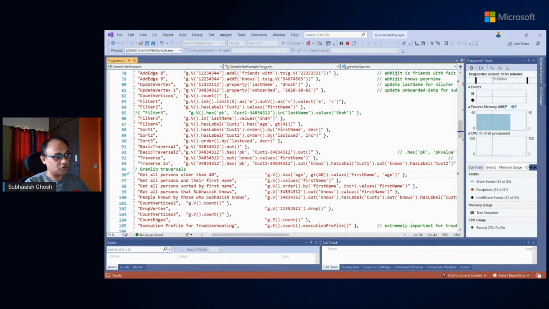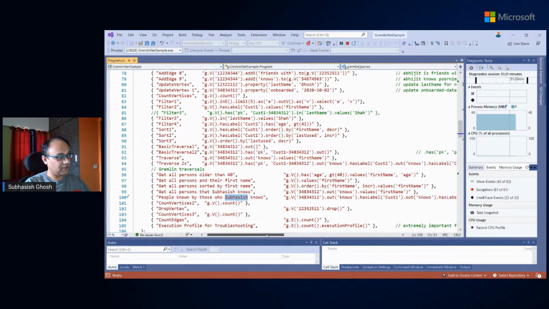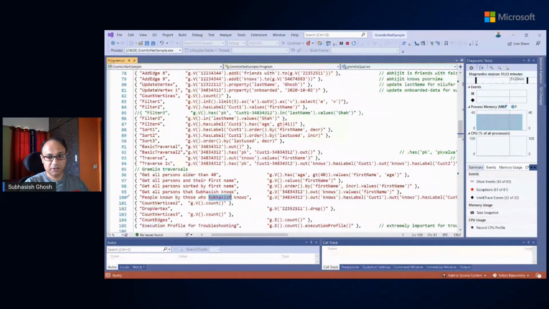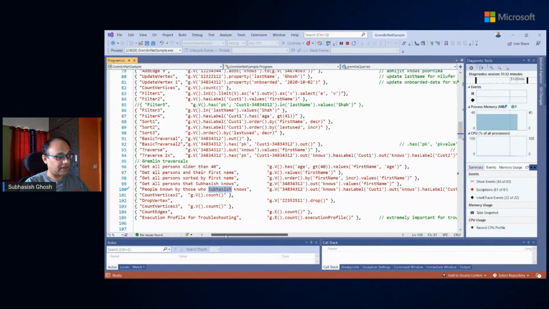Then we wanted to understand all persons sorted. Then people whom this particular customer knows, and people also known by those whom this customer knows. These are very important in trying to understand if there is a pattern between them in the usage of any blocked credit cards or any cards which had blocked APIs, or device specific IDs or device UIDs.